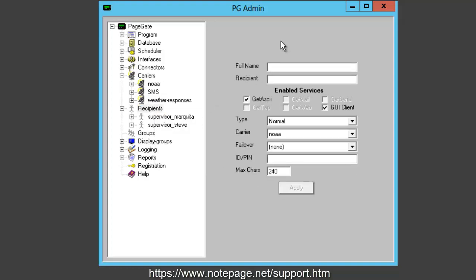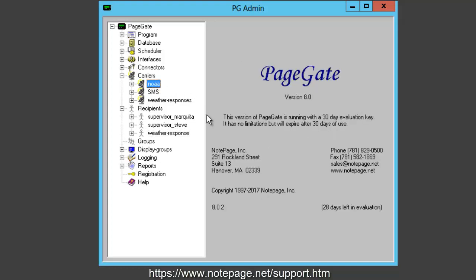Give the recipient a name, something straightforward like Weather Response, weather-response. Set type to normal. Set carrier to the file protocol carrier you just created. By default, weather-responses. Leave ID/pin blank. Set max characters to 2000. When finished, click Apply. Now that we've told PageGate what web API to pull information from and configured the translation